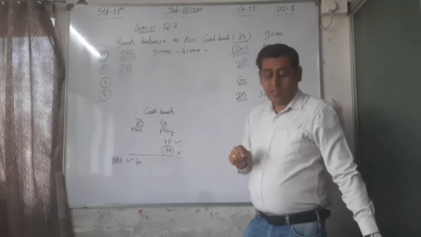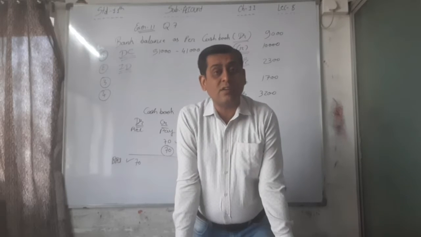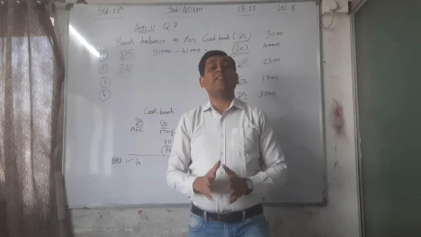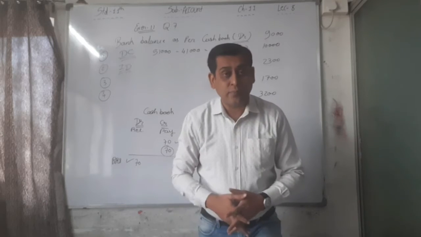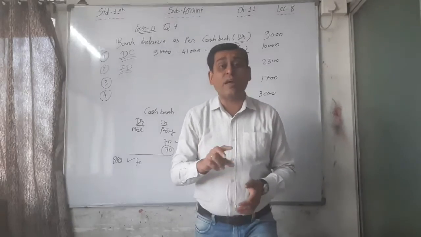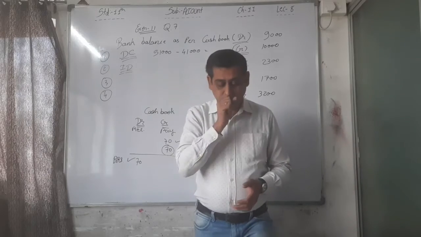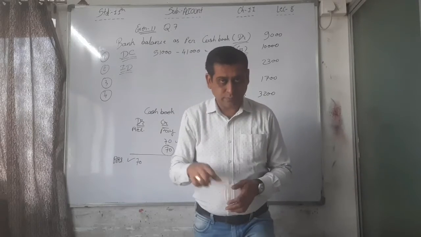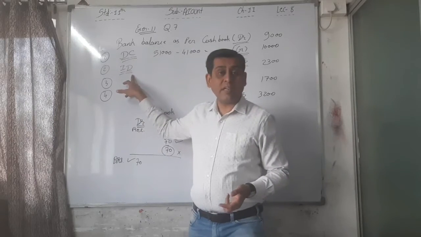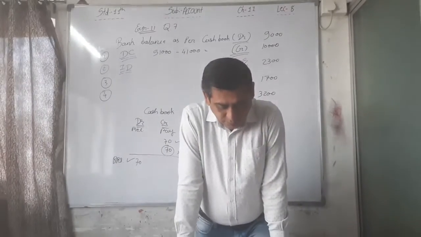But in this case, in point number 7, a 4780 check is drawn and issued, but 1770 is not presented. So directly 1770 not presented is given. That's why we don't have to subtract that amount. Just underline the amount 1770, and it is a check issued but not presented. That's why debit. So write down debit in the 7th point.